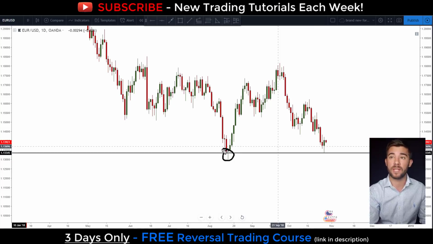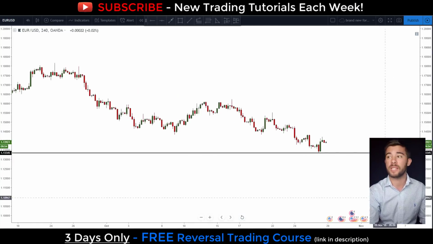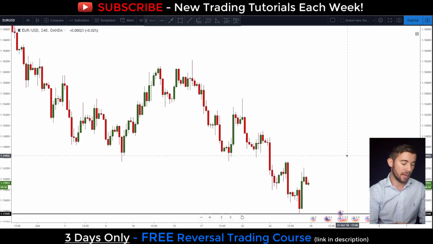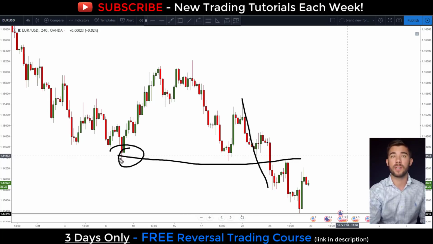That's what you just saw at the end of that clip from last week's analysis. So let's go down to the 4-hour time frame and take a look at what actually happened. Here on this chart, the market did exactly what we said, right? We had that expectation that if the market pushed down, breaking below this low right here, that we could see